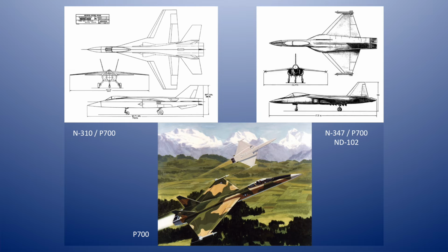the N-310 there. It was actually bigger than the P-530 at that point, but then it wound up being somewhat smaller and became known as the ND-102, because at one point Northrop was going to team with Dornier in Germany to produce a fighter for the German Air Force and hopefully for the rest of NATO. Now, this was at a period when all sorts of European nations were looking to recapitalize their fighter forces, and so you had the British with the EAP, the French with the ACX, the Germans with 2 separate fighter designs,